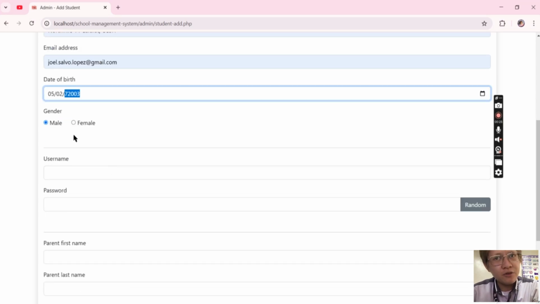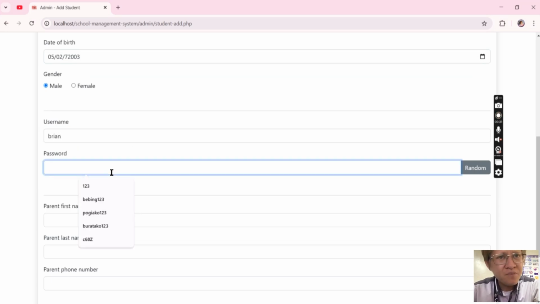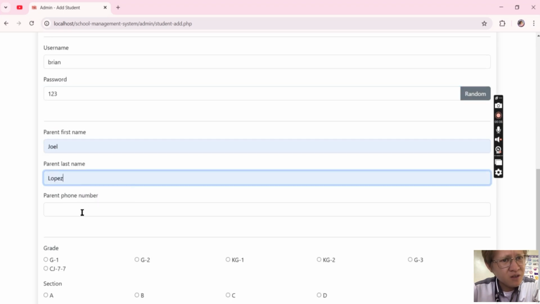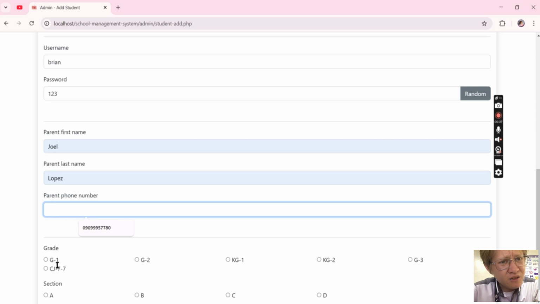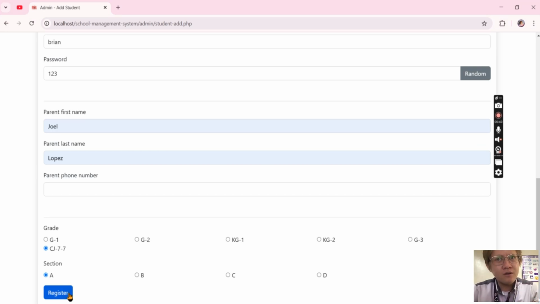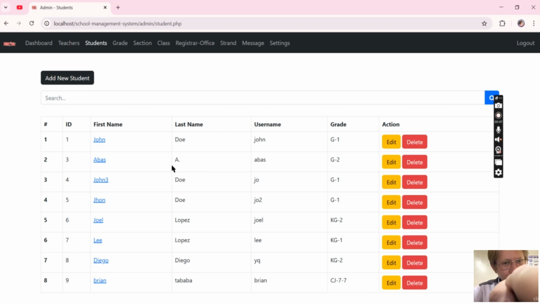Gender is male. Password is 123. For the grade is 7, section A. So let's register. Okay. As you can see, Brian is included.